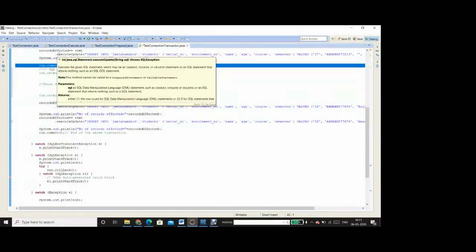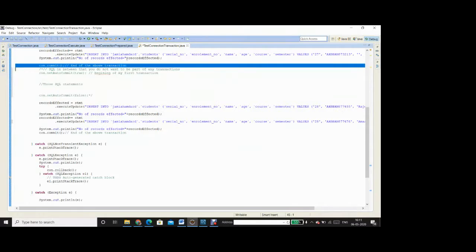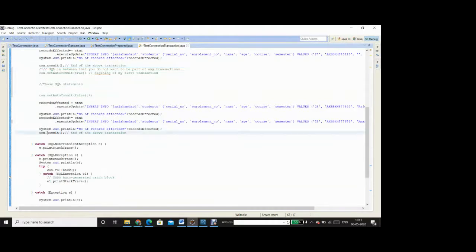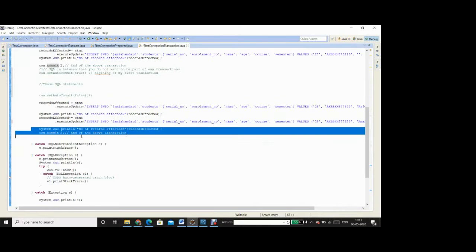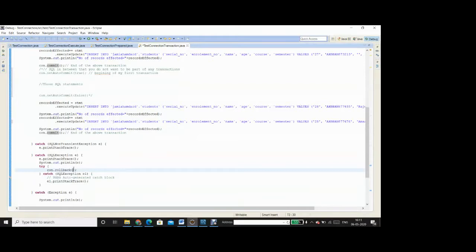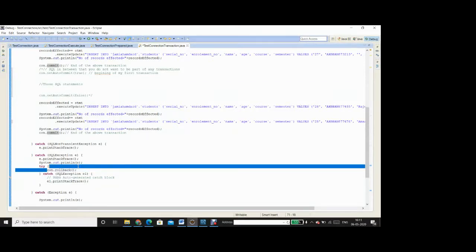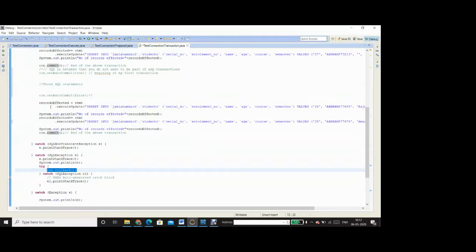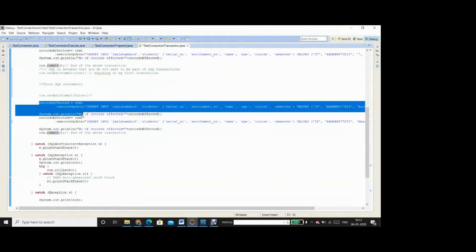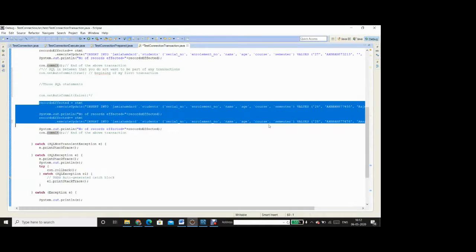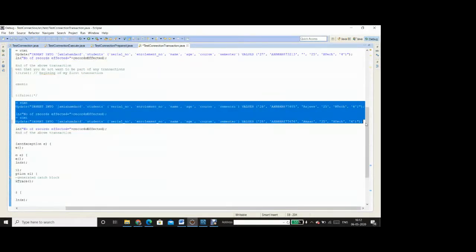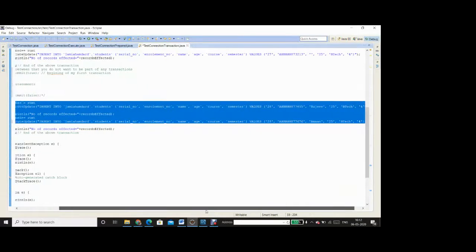The first three statements should be executed successfully as one unit, and you should be in a position to see the result. Whereas when you come here, this con.commit is not executed because I will get an exception in this line, and these two lines will not be executed at all, and the control will come to the rollback. When this instruction is sent to the database, it is going to discard the effect of these two statements which are already in the waiting state to be made persistent in the database, and none of the two statements will succeed in that case.